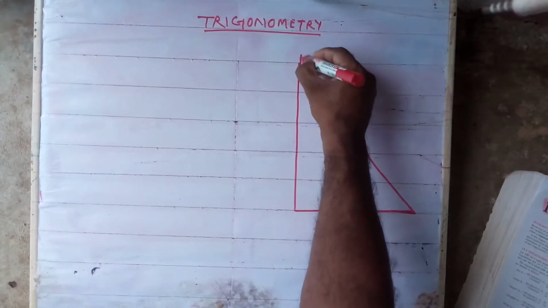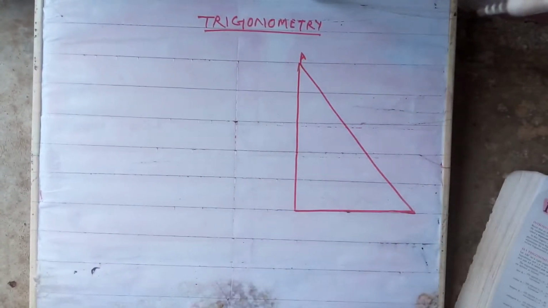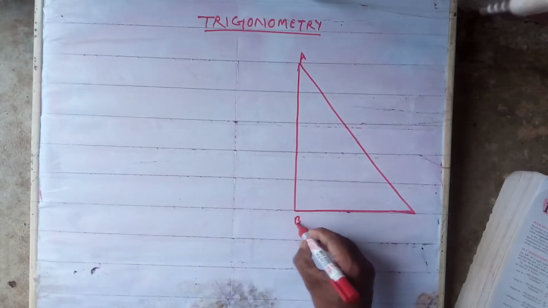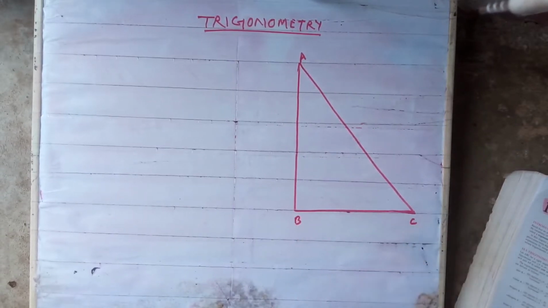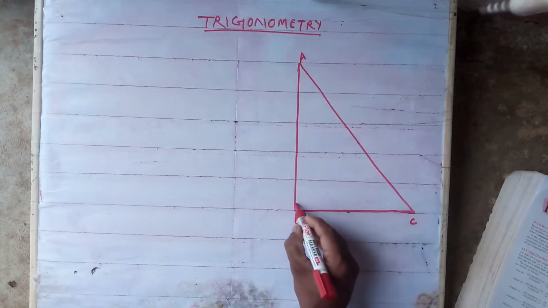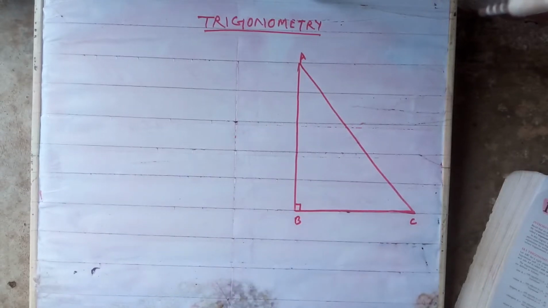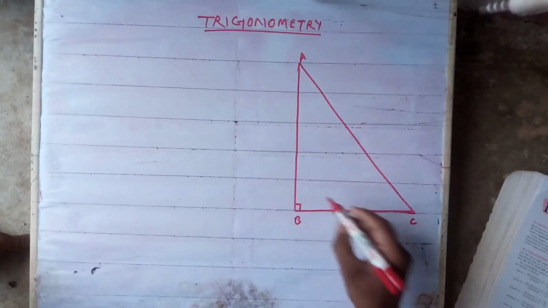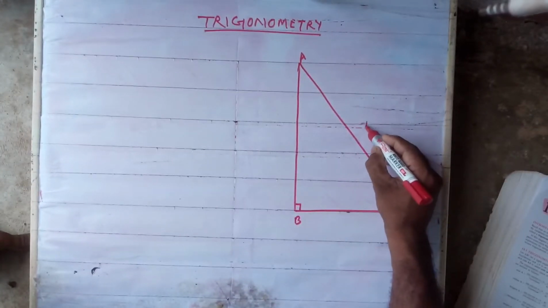This whole trigonometric chapter, the first chapter, is a repetition for you, because you have read all this in 9th class, but some parts will be a little difficult here. So this is a right angle triangle in which B is the right angle and its opposite side is called the hypotenuse.